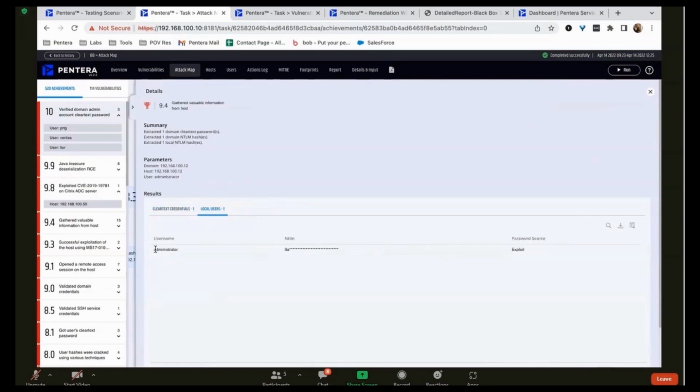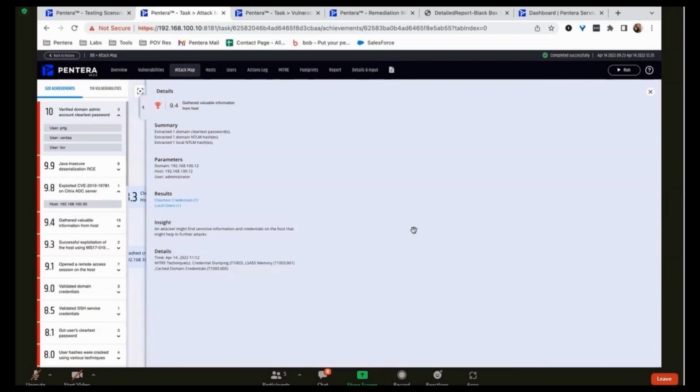So we'll see we captured that administrator hash, because that's the same one we used and it was used to log into that device. But we also captured someone else here, PRTG, the domain they're tied to, and their clear text password. Again, it's stored in RAM in clear text. So if anyone else ever logged into this device and hasn't been turned off, that's staying in the RAM and we're going to see it.